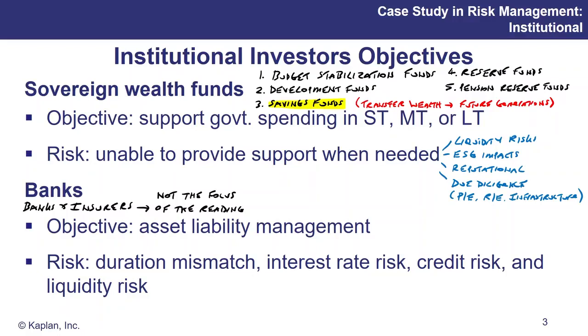And what we're going to see here, we're going to meet a fictitious sovereign country who have discovered valuable commodities. And the idea is saving these and transferring the wealth discovered today or in the recent past, and investing that for the benefit of future generations. That's the main long-term goal. Now, there are a number of risks coming up in the case study, and just by way of a quick overview or summary, I've mentioned a few of them here.